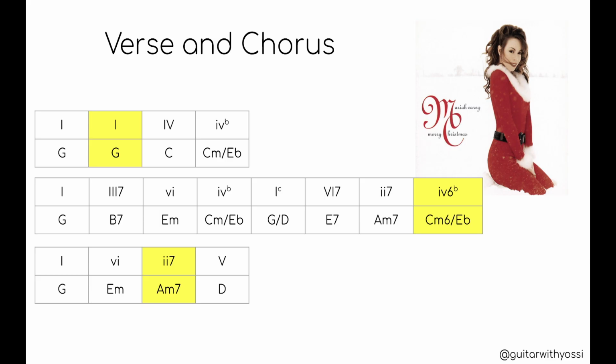That then continues to... The other difference, which I haven't labeled here, is that first line actually happens twice. Now, the chorus starts with the second line of my writing there, with G, going to B7, going to E minor, going to C minor / E flat, then we've got G / D, going to E7,